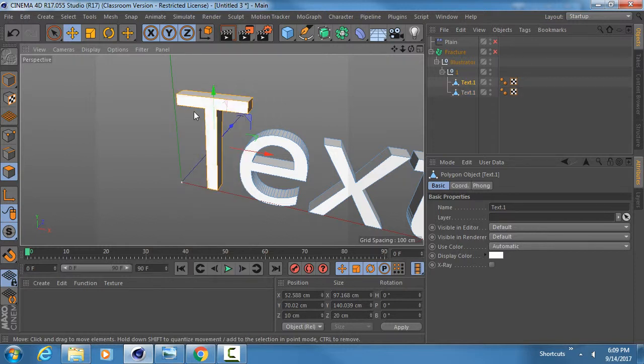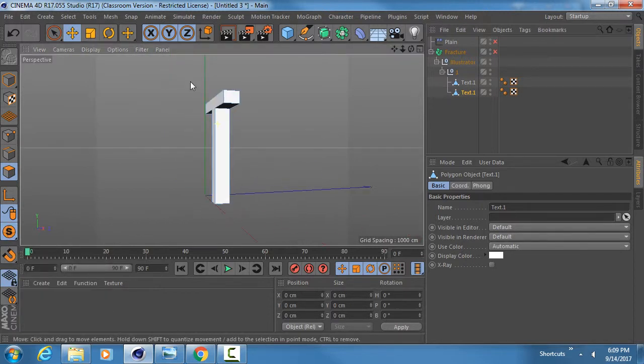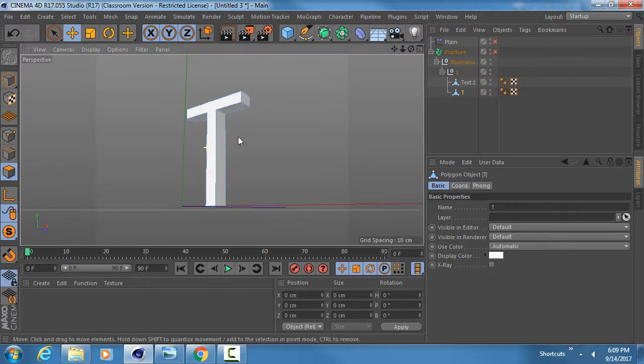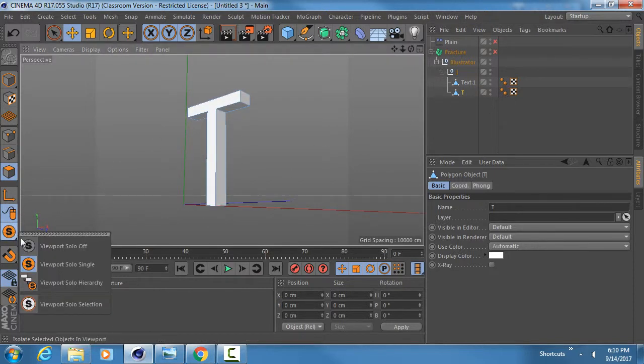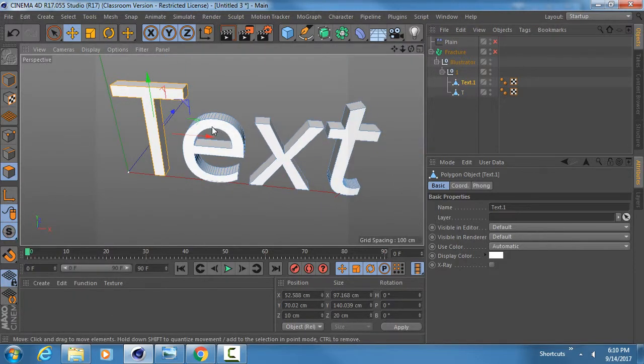So when we hit that on our keyboard, we'll see that another object just showed up in our objects list. And if we click on this S here on the side, which is the solo button, and we go to solo single, we can see that, hey, this is just a T on its own. Just a happy T. It's kind of hanging out all by itself. So just rename that T, and then we'll turn solo off so that we can see everything else, and jump back to our text,